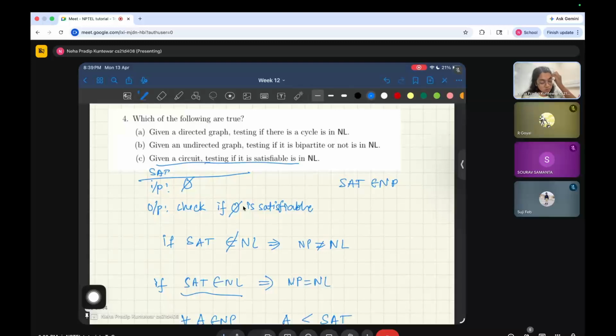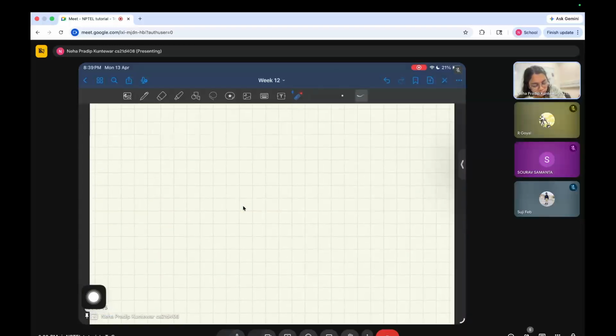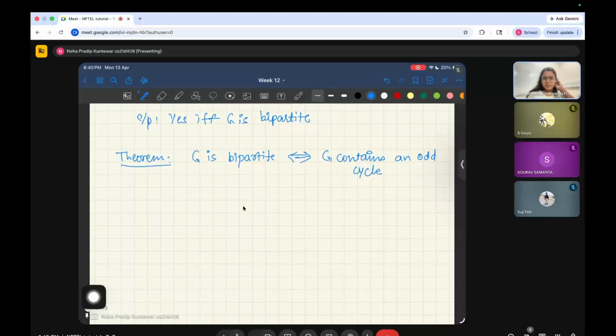Okay, good. So for the other one, if you want to check whether a given graph G is bipartite, one fact, or theorem, about bipartite graphs is that a graph G is bipartite if and only if G does not contain an odd cycle. One direction of this is easy to see. If, let's say, G contains an odd cycle, then what will happen is,